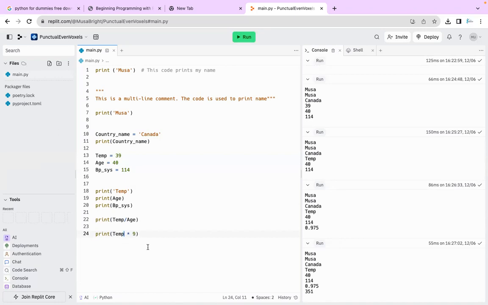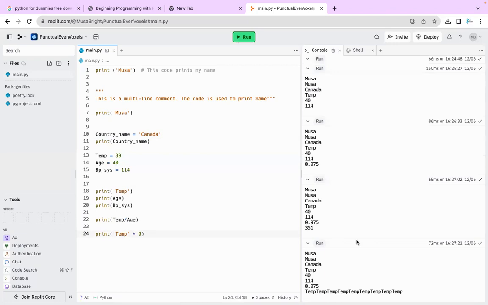Now let's say, for example, I did not assign, I said print, I put temp in quotation, and I say print temp times 9. Let's run it and see what's going to happen. So now do you see what happened? It printed for me temp in 9 places. Temp. So this is how we usually use Python. We call this arithmetic operation. We've not got there, so I would not go deep into it, but this is how we do it.